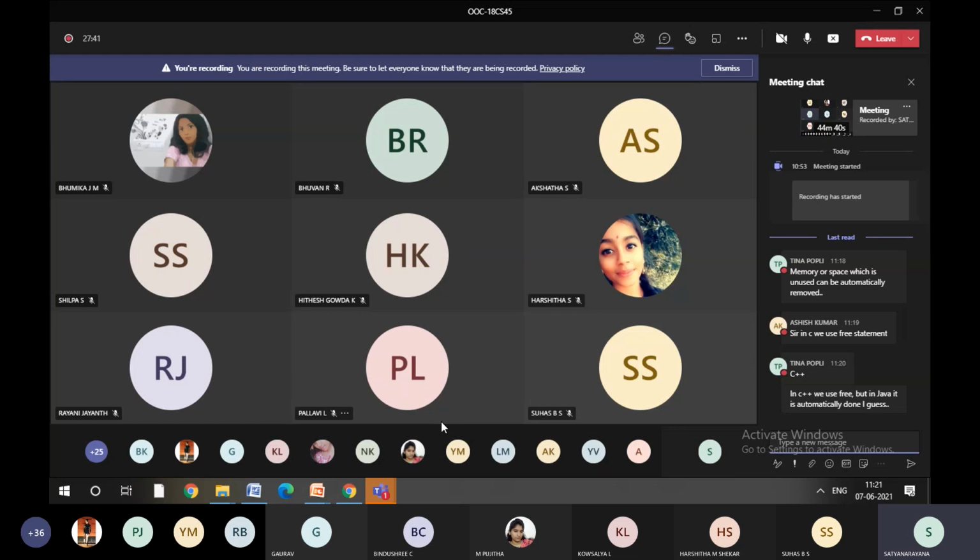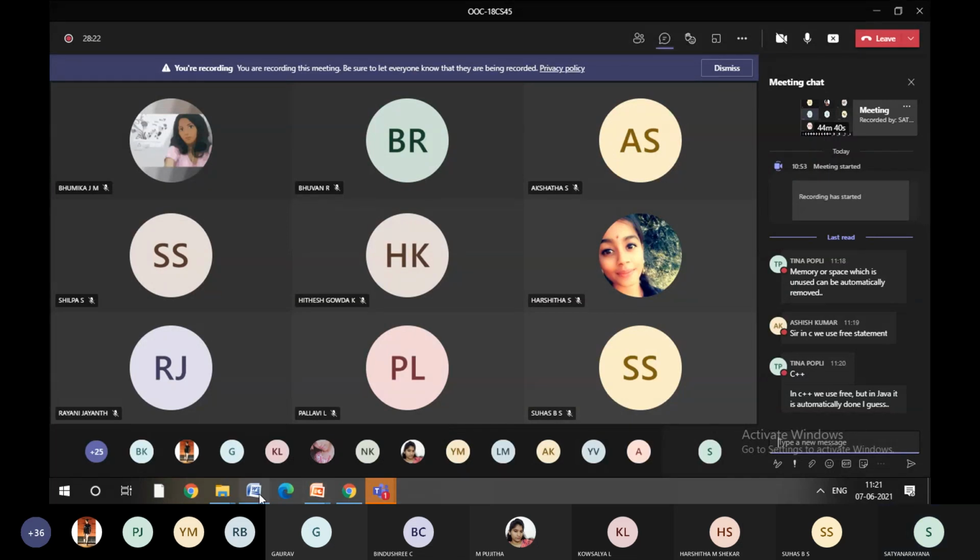As Ashish mentioned correctly in the chat box, in C programming we need to use memory free statements. You might have studied malloc, calloc, dalloc, right? In C++ also, we need to free the space. So manually you are going to do that process. You may ask a question: sir, we are using so many variables in our program and we never free the space, we never deallocate the space, so you mean to say we are going to waste the space? Yes, you are going to waste the space because you never used it. Right?